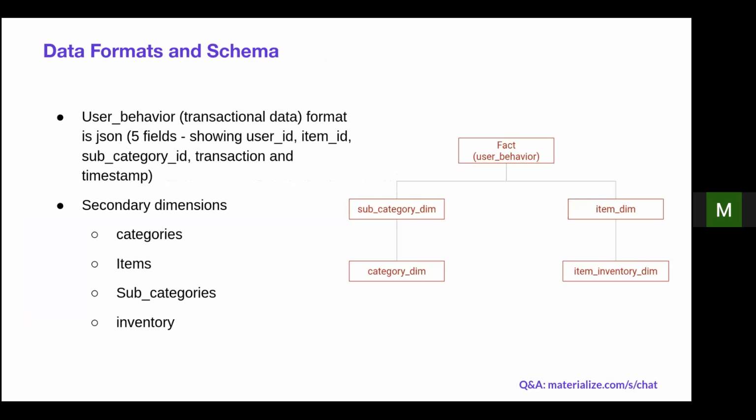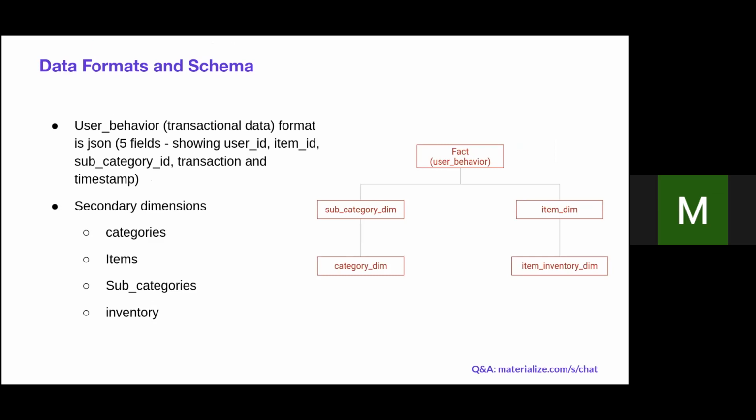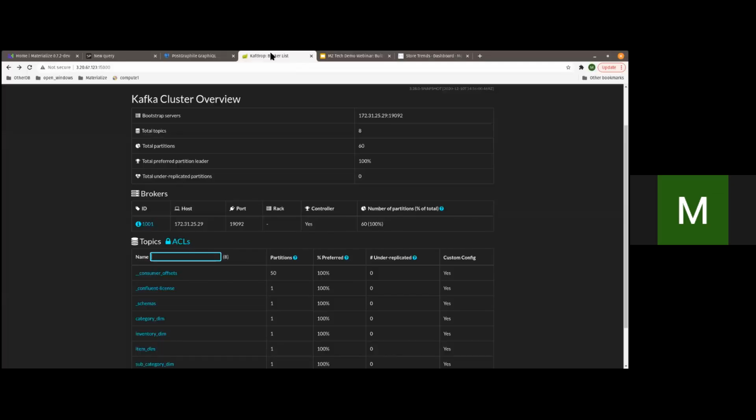Let's quickly go through the data that we're going to be seeing today. We have our primary source of data, which is user behavior. It's transactional data. It's in JSON format, and it has 5 fields. We've got secondary dimensions that we can use in order to enrich this feed that's coming in. All of this is in Kafka